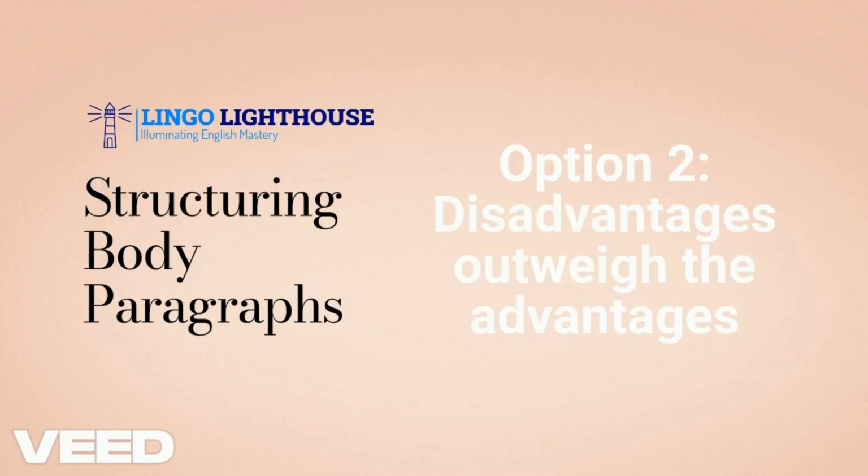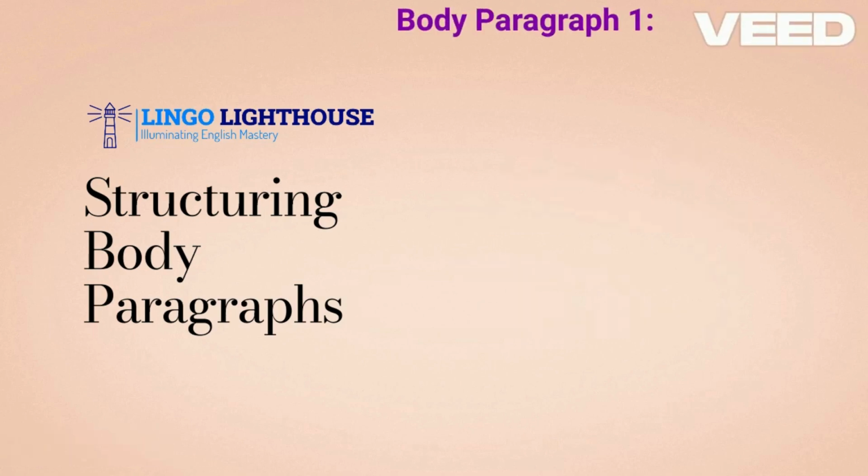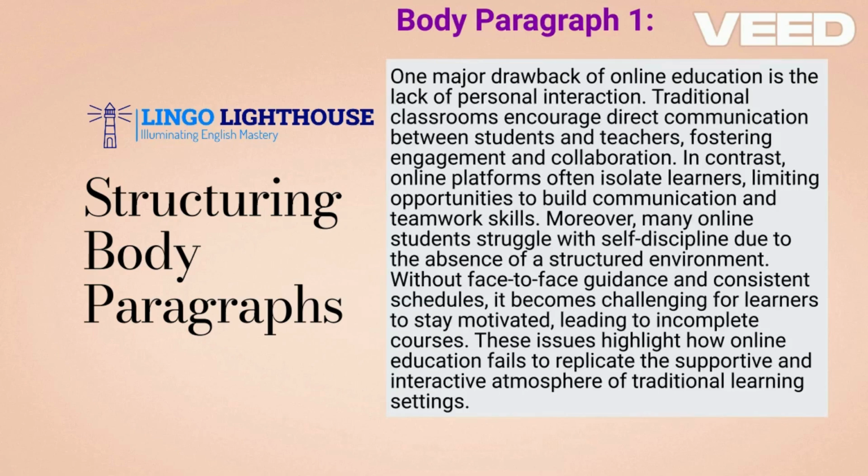Option 2: disadvantages outweigh the advantages. In body paragraph 1, highlight the drawbacks. First things first, start with a clear and concise topic sentence. This sets the focus of your paragraph. In our example, "One major drawback of online education is the lack of personal interaction." This topic sentence introduces the main idea and tells the examiner exactly what the paragraph will discuss, the downside of